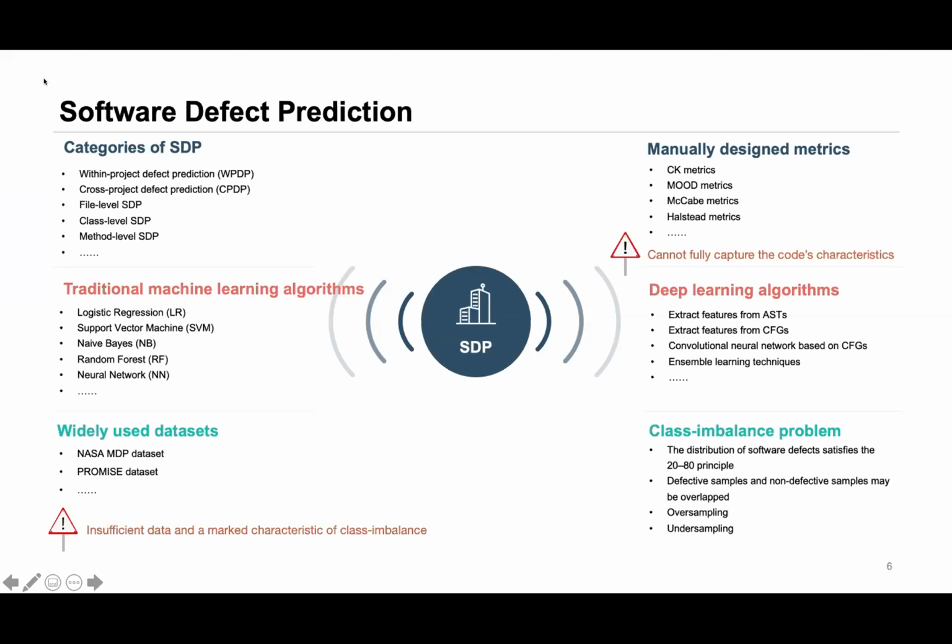Predictions can be made at file level, class level, and method level. Software defect prediction is a significant research topic in software engineering, and numerous studies have been carried out since Akiyama first tried to build a defect prediction model using size-based metrics and regression modeling techniques in 1971.